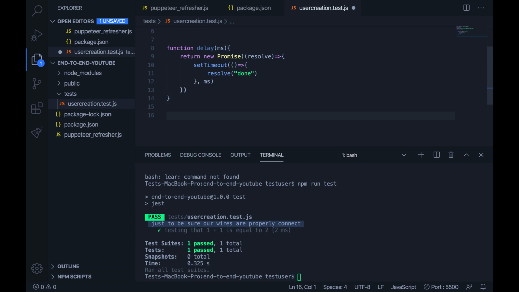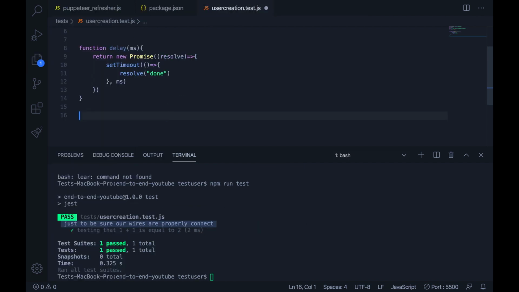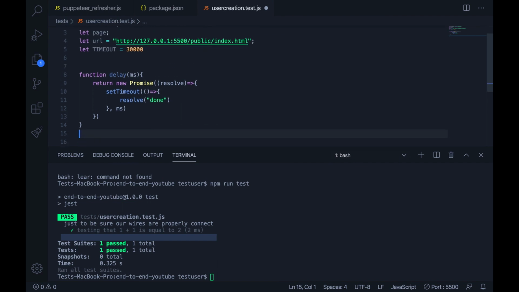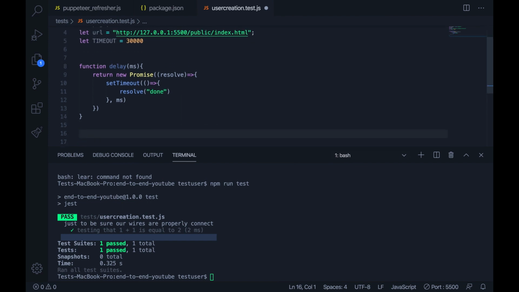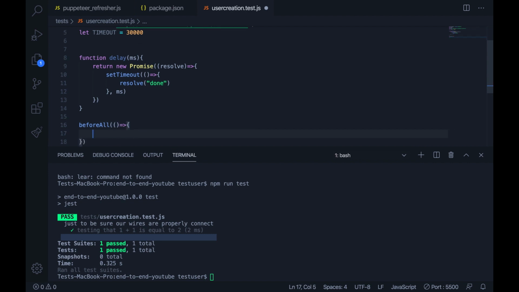So now let's do something, right? Let's start our use of Puppeteer. So the first thing we want to do is create our browser. And what do we do first before any test? When we want to do something before any test, what do we first do? We probably know the answer to this from the previous video. So we have a before all function here, right? So a before all function that takes in an anonymous function here, and then since we want to use Puppeteer, that is 99% asynchronous, we need to put